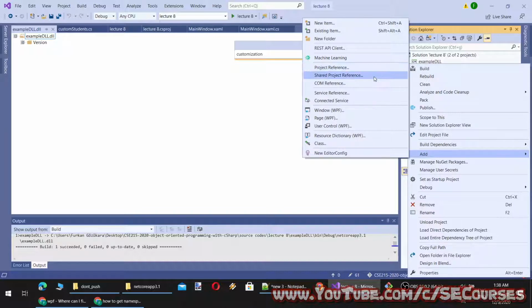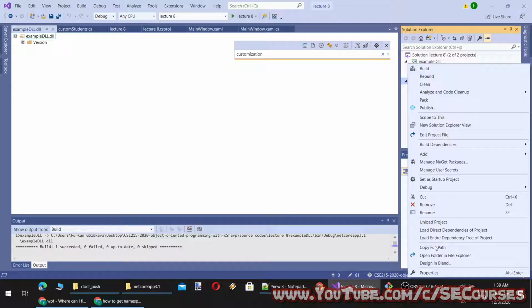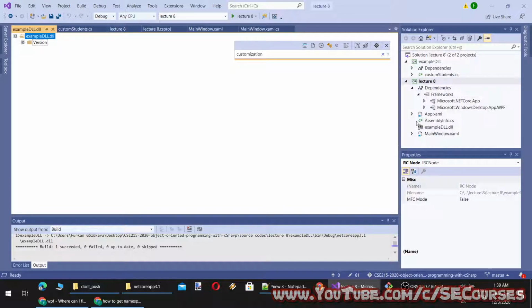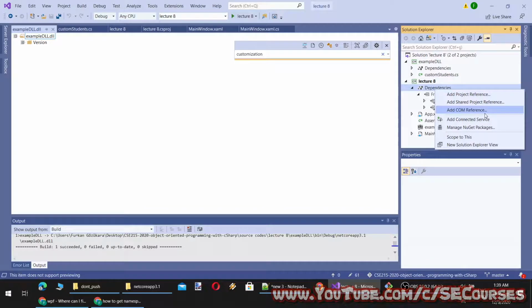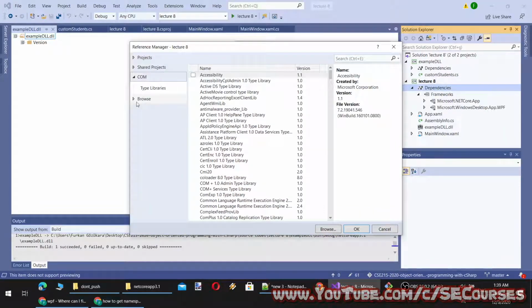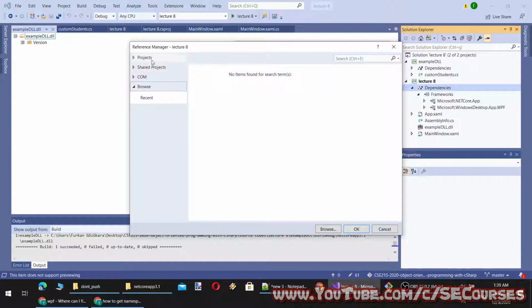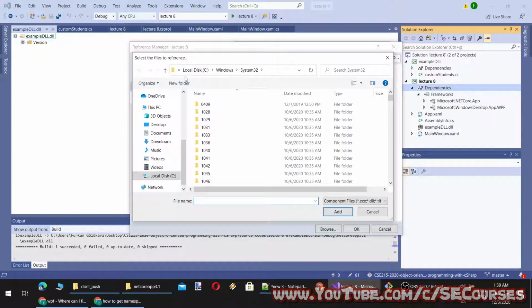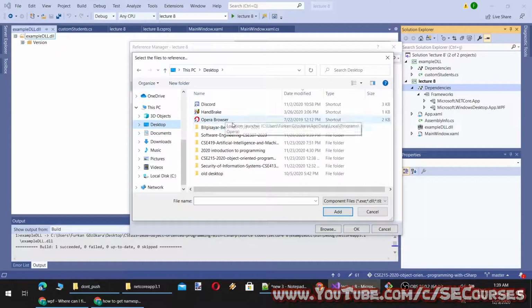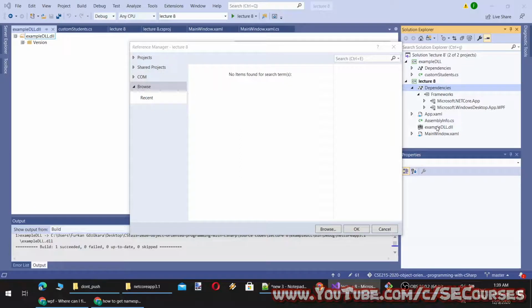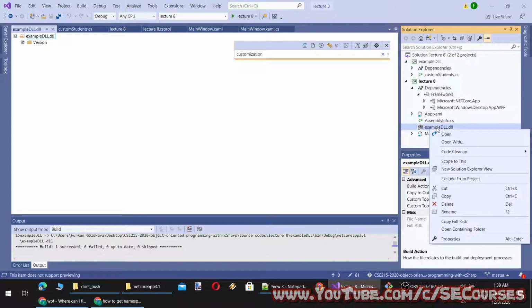There is project reference, shared project reference, COM reference, service reference, connected reference, class. I think it is as COM reference, yes. From browse, let's browse it. And yeah, it is a COM reference as you can see. So can I add this automatically as a COM reference?